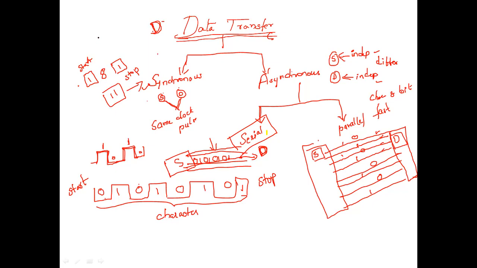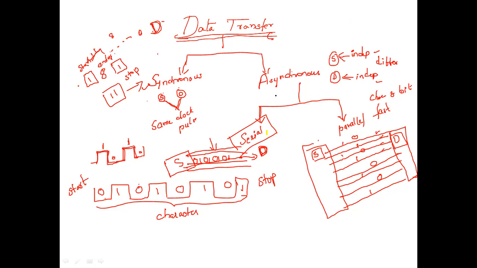So if the destination receives a 0, it is an indication that the character is going to start. After that, 8 bits are going to be sent. Whenever the destination receives two high signals, that is 1s, two active signals at a time, it is an indication of the end of the character that has been sent. So here I'll be showing you the diagram so that you can understand very clearly.